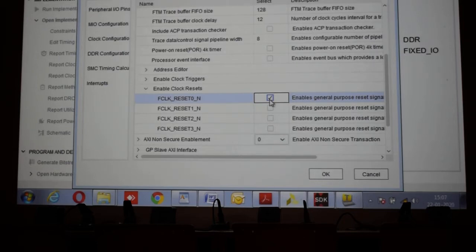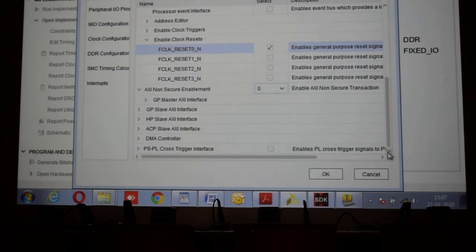Okay, go to the IP sources. So enable that. Below that there is an AXI non-secure enablement.